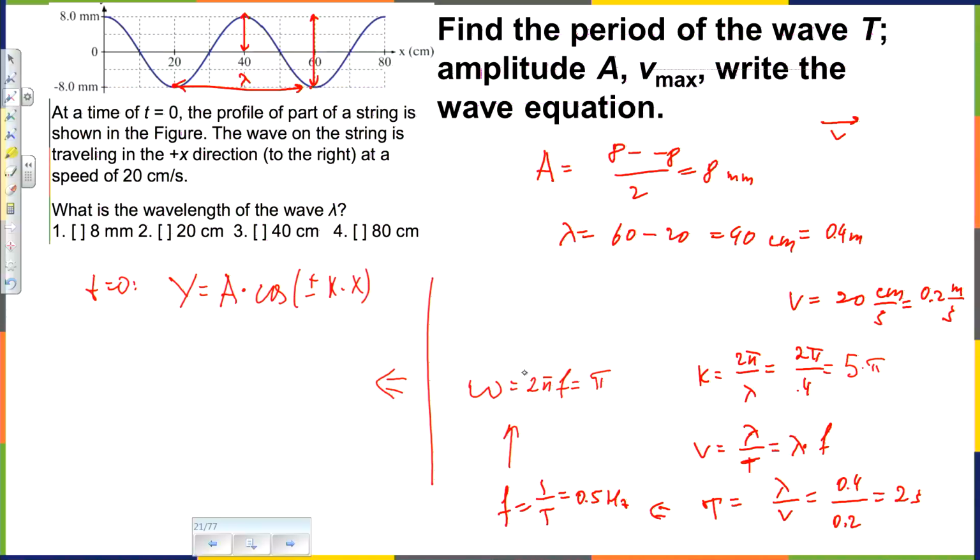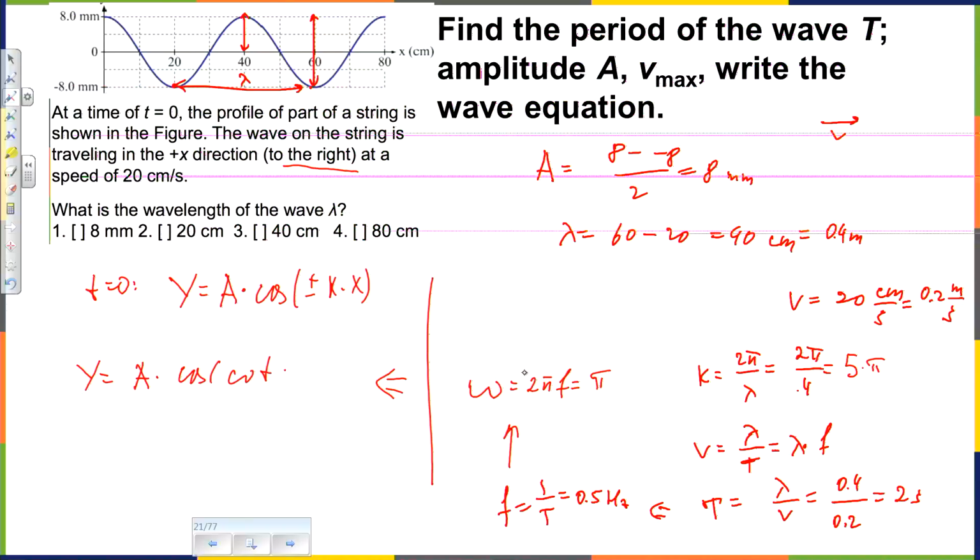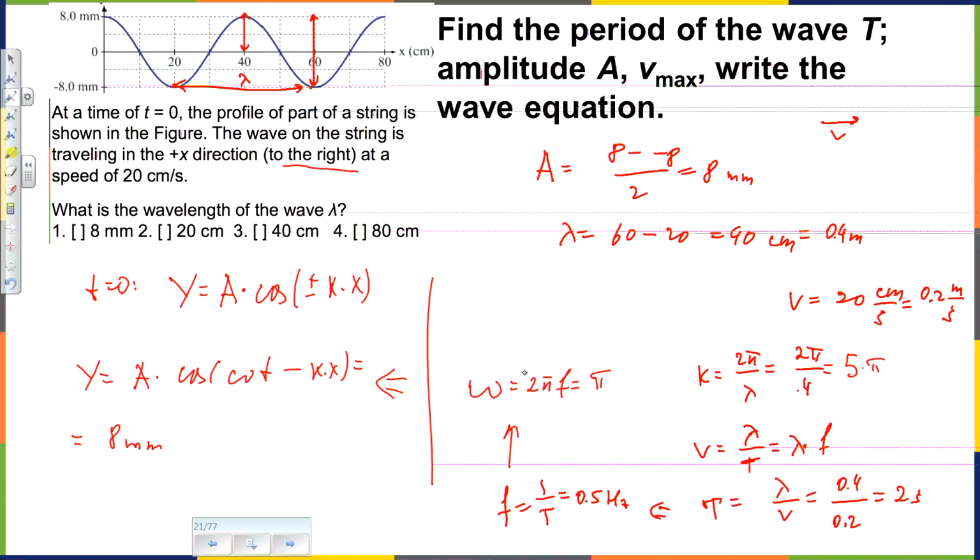But for a wave traveling to the right, it should be a minus, as we know. So at any instant, that should be a cosine omega times time minus kx. And we can actually write it in numbers. The amplitude is, well, 8 millimeters, right? Cosine